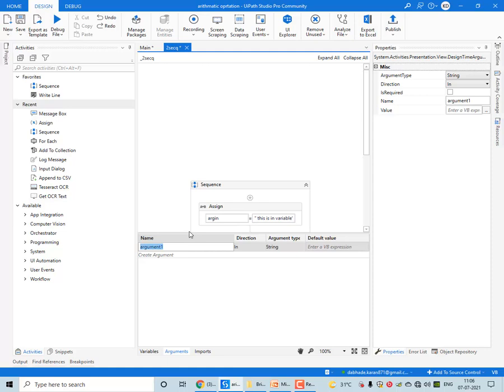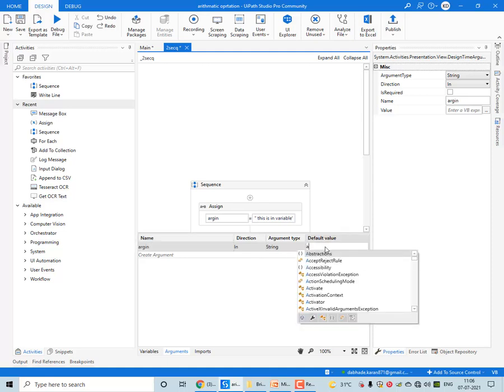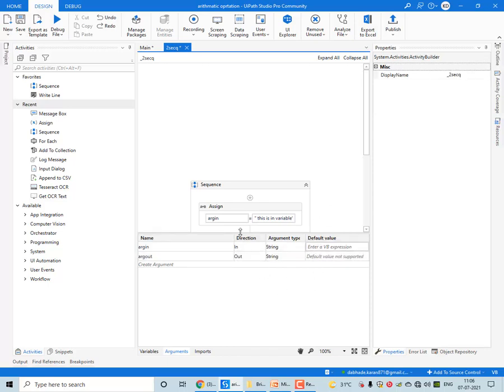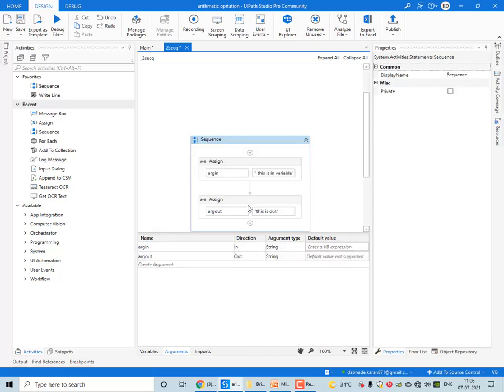So my first argument will be argument of in with the value. Okay. Now similarly we have the out. It should be of out type. So two arguments are created in this second sequence.